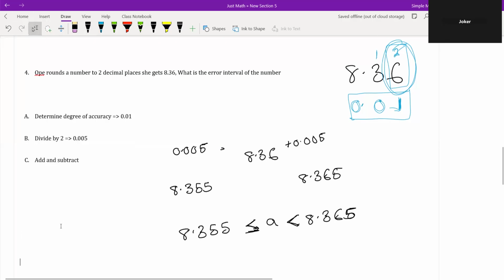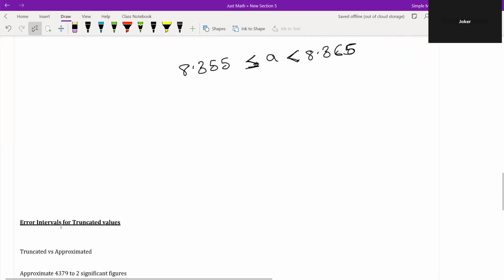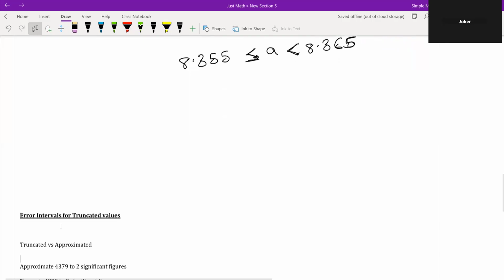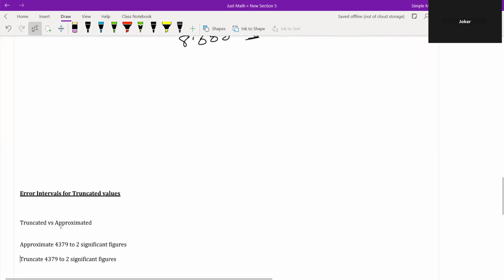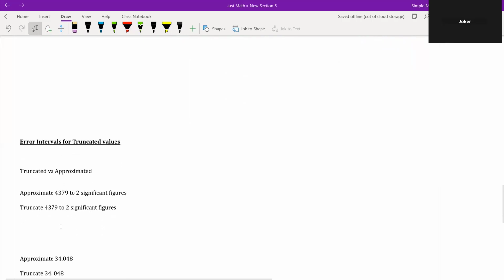Now we have the issue of truncated values. I wanted to make this a separate video, but I'll just do one question on these ones, and then maybe I'll make it into a separate video. So when you say truncated numbers, let's know the difference between truncated and approximated numbers. So if I say approximate